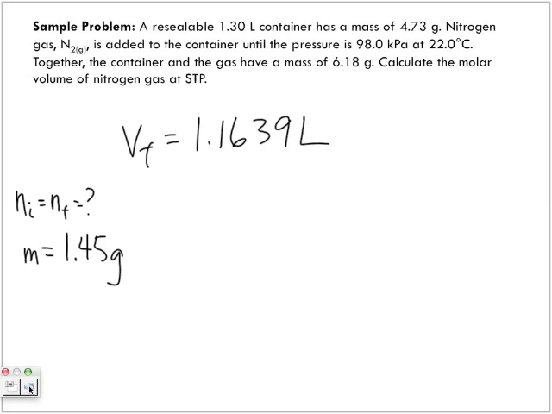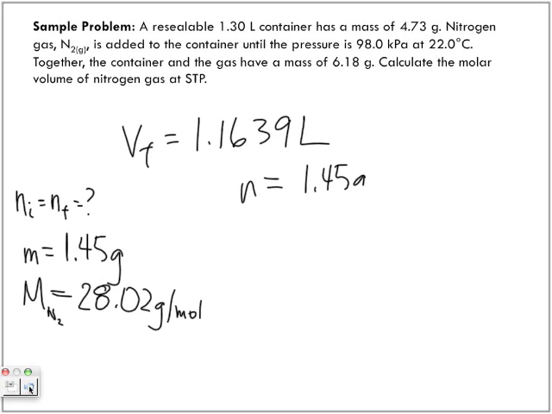The molar mass, right? And the molar mass of nitrogen is 28.02 grams per mole. So what function am I going to do between mass and molar mass? Divide them, right? I'm going to divide those two. So n is equal to 1.45 grams divided by 28.02 grams per mole. Grams cancel out, and the number of moles that I